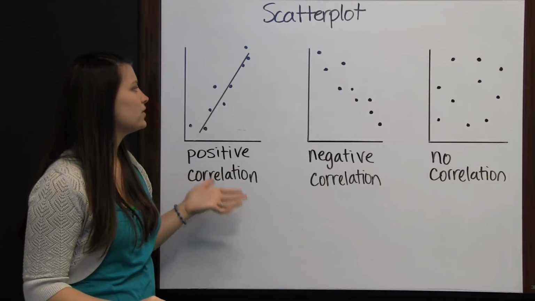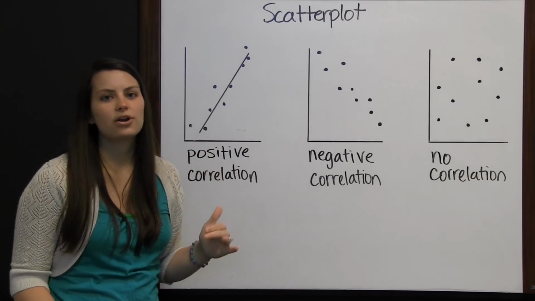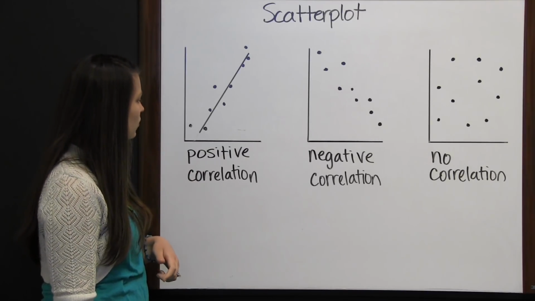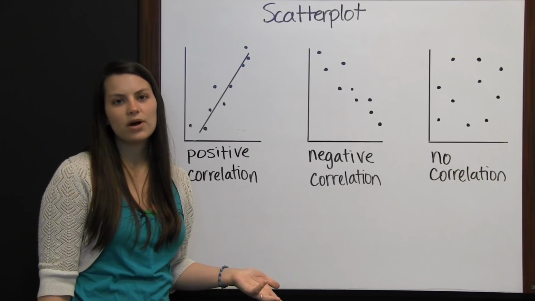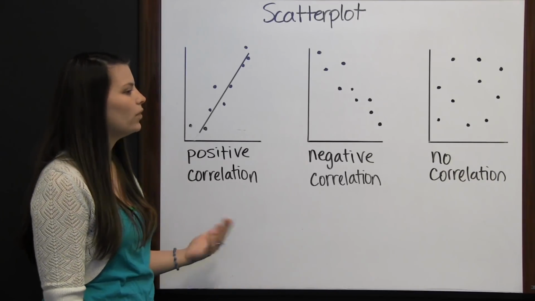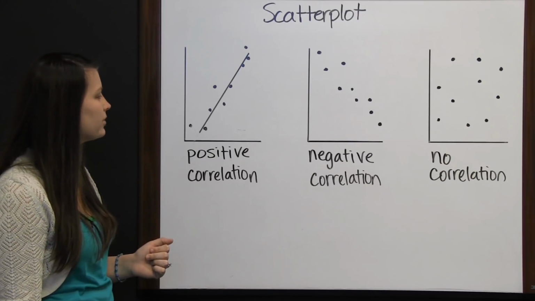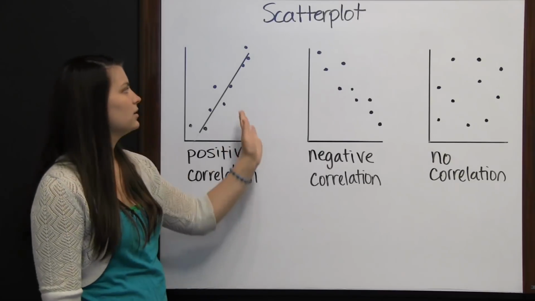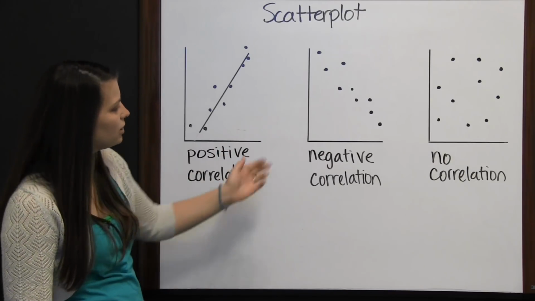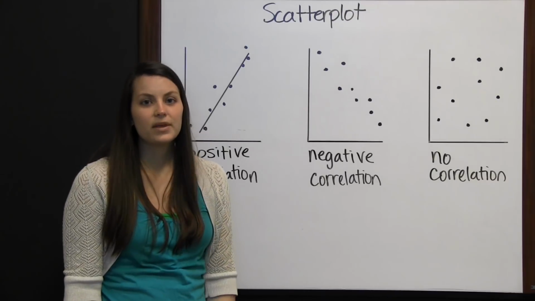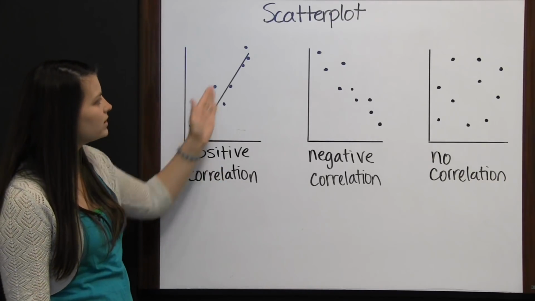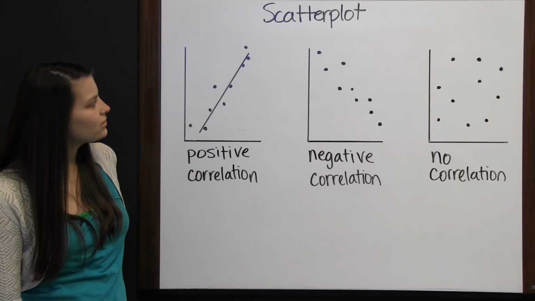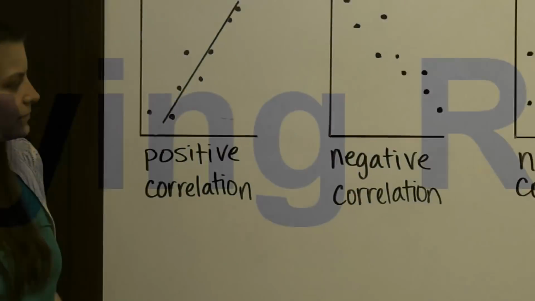And you could find the equation for this line using any 2 points that are on the line, and then plugging that into y minus y1 equals m times the quantity x minus x1, or the point slope form of a linear equation. And then you could use that line to predict other points that are not graphed on the graph. And you could do the same thing for a negative correlation. But again, the correlation doesn't always have to be in a straight line. Sometimes it's in a curve. And that's just a little introduction to scatter plots.